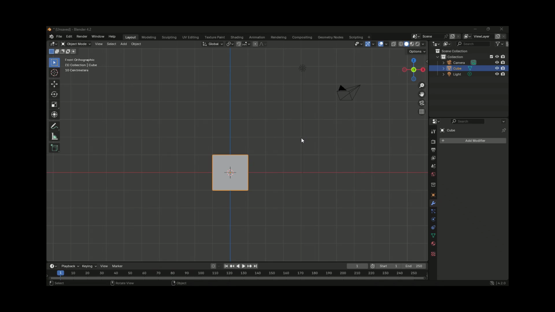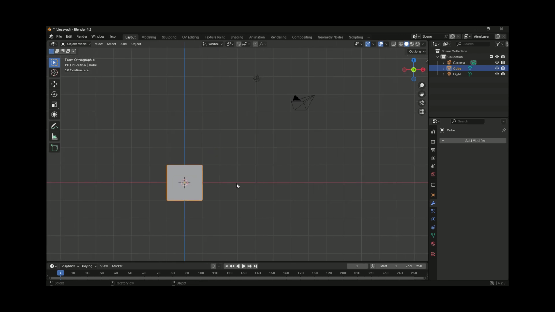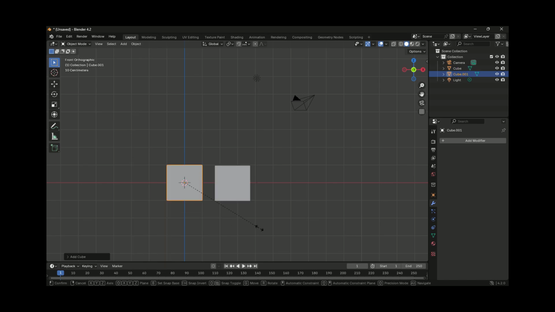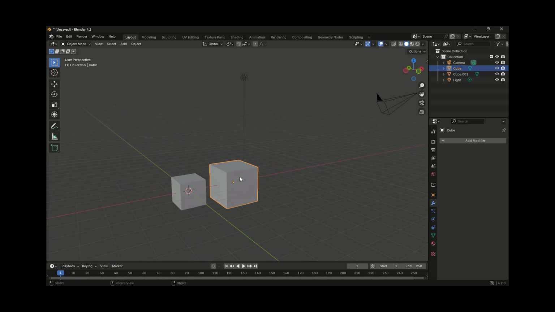So the next modifier is the boolean modifier. The boolean modifier can work in the presence of 2 objects. So I'm just going to add in another cube, G to move this from the origin, and Shift A to add in another cube. So we are going to scale this cube a bit down. So this cube is going to have the modifier,